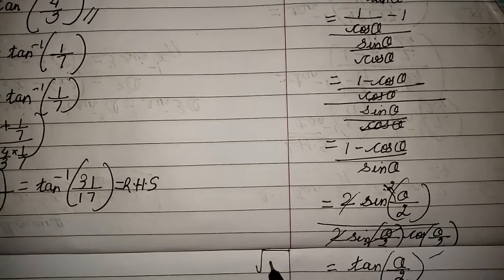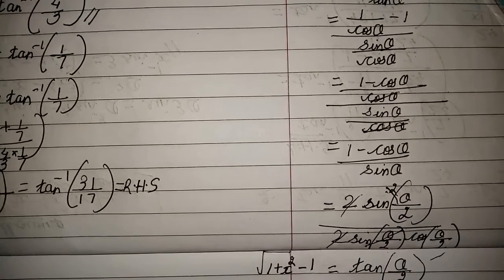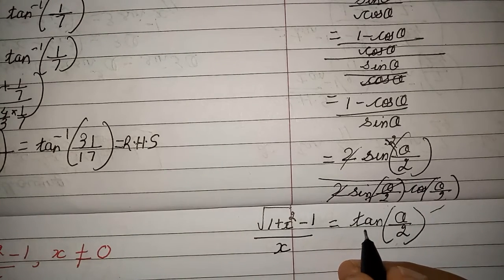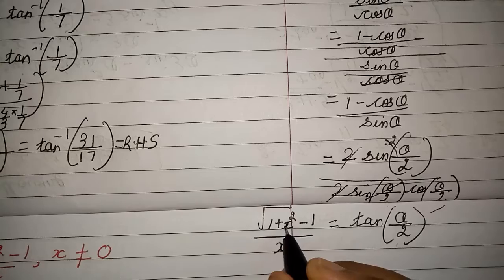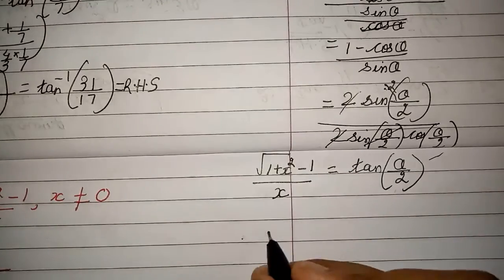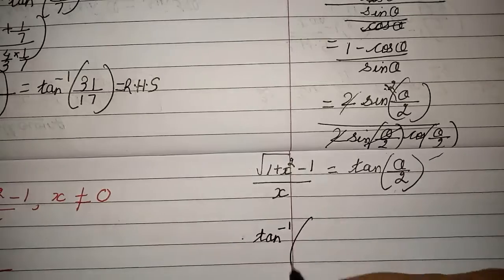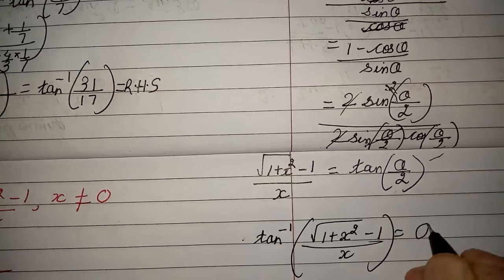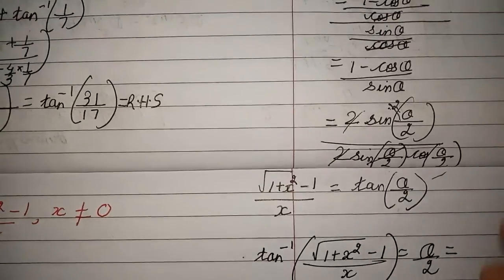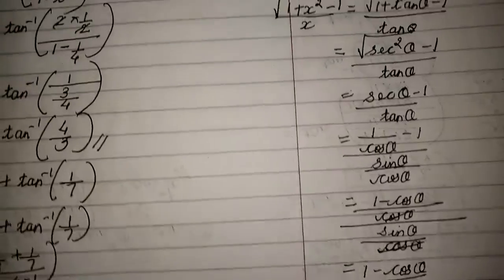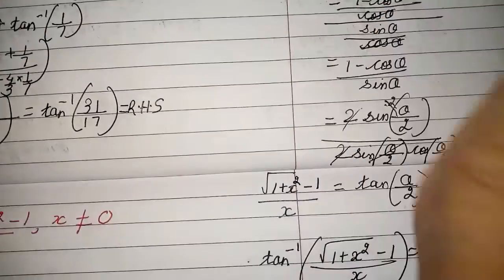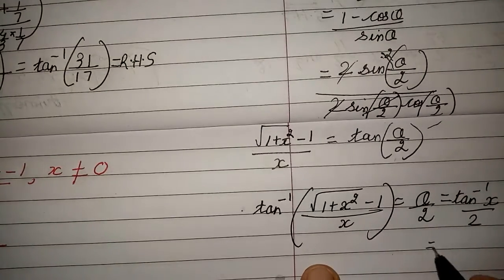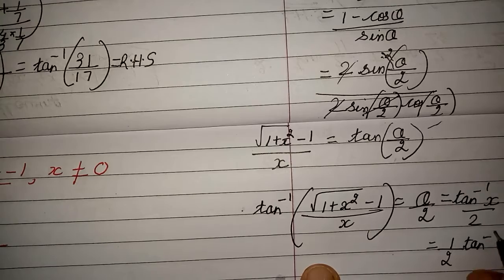And on my left hand side I will have square root of 1 plus x square minus 1 upon x, where x is not equal to 0. Right? Now tan is well defined. So what will happen, children? Your tan inverse can be taken. Now when you move it this side, it will become tan inverse, because of the well definedness. So square root of 1 plus x square minus 1 by x will be equal to theta by 2. But what is theta, children? Just look up. Theta is nothing but tan inverse of x. So what I will substitute here? This is tan inverse of x by 2, or I can say half of tan inverse of x.